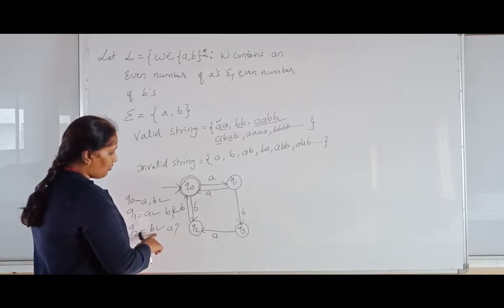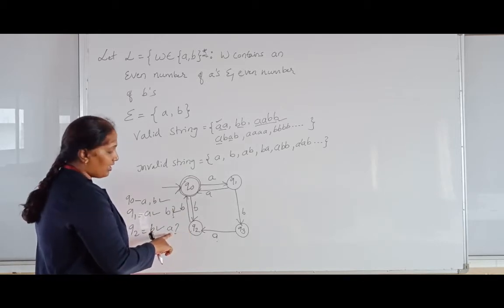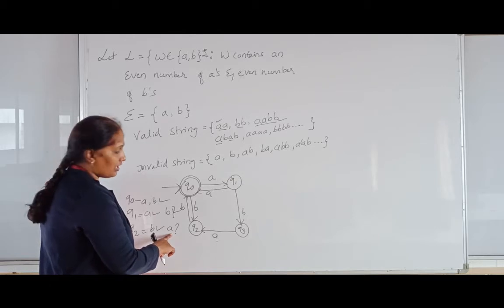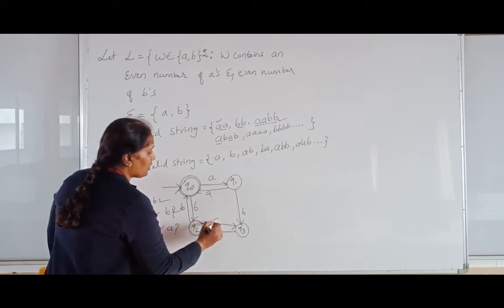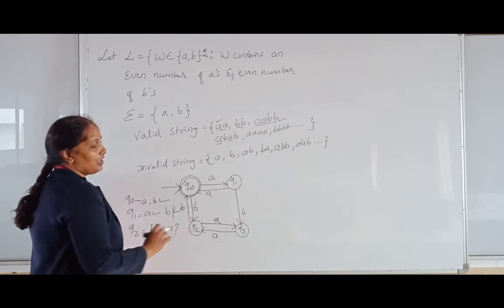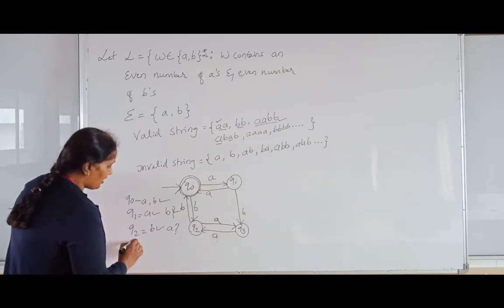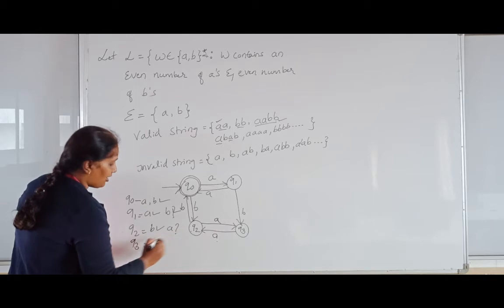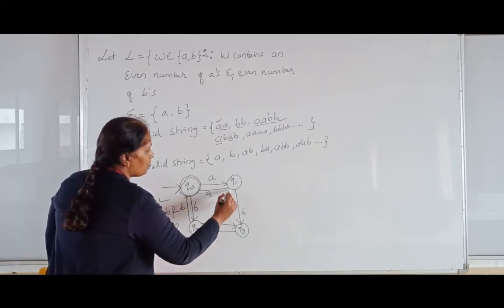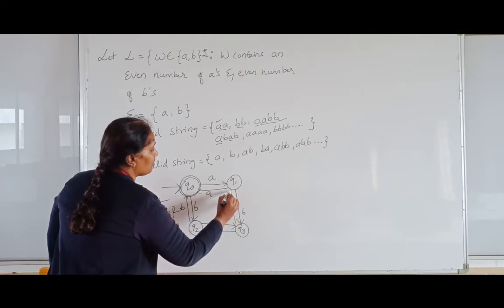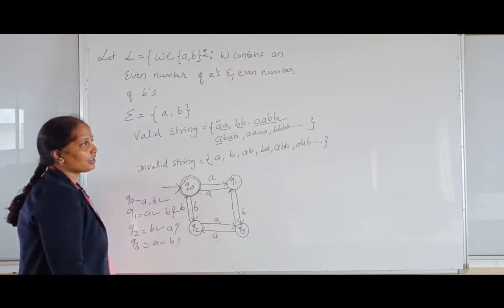Next, from the Q2 state, what do I have to show? The A transition. So where should I show the A transition? I will show this A transition to the Q3 state. Now check out the Q3 state transitions here. For Q3, I have shown the A transition, so I must show what? The B transition. So the B transition I will show back to the Q1 state.